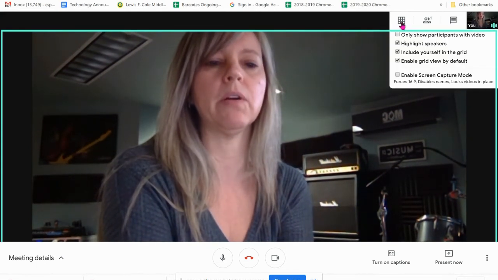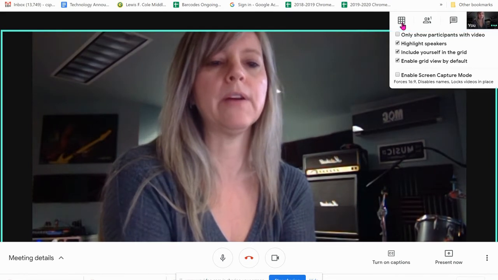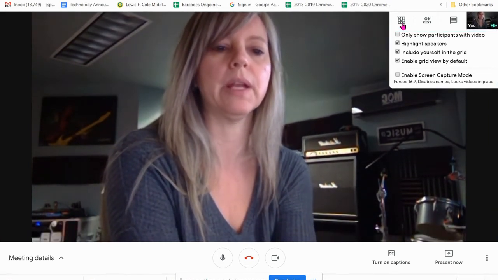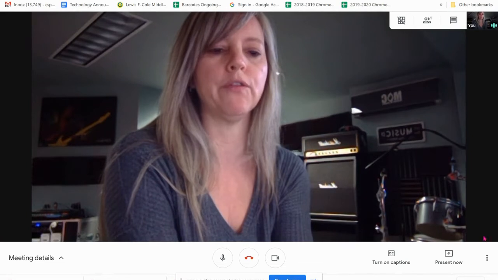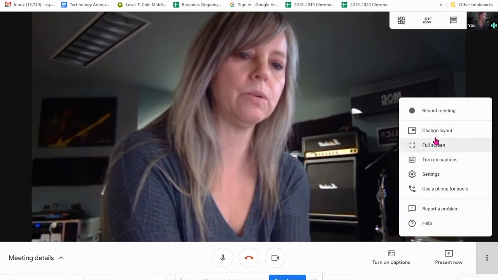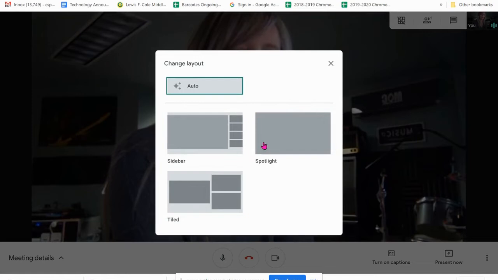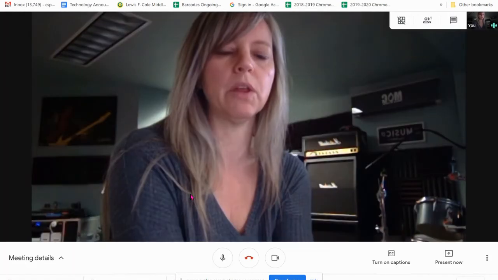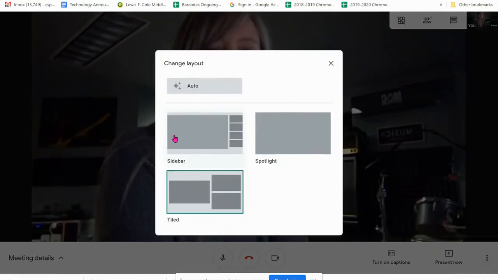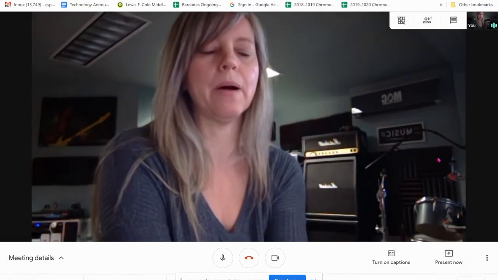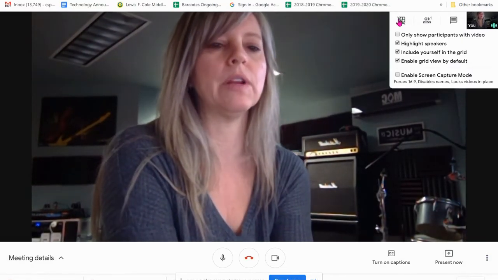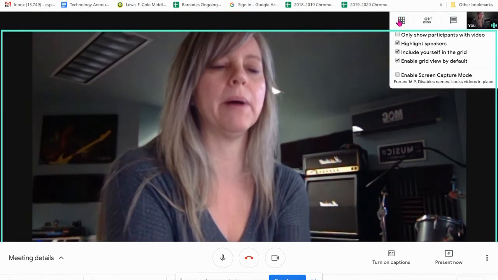So right now we are in an on mode for gridding. If I wanted to turn that off, I would just simply click right here. A line would go through it and we would go back to whatever default view that you have selected right down here in the view menu. And you go to your change layout, whatever layout you've selected, whether it be a tiled layout or the one that I like, the sidebar layout, that would be what it would default back to. And then to go back to the grid view, you would simply click on that little box again